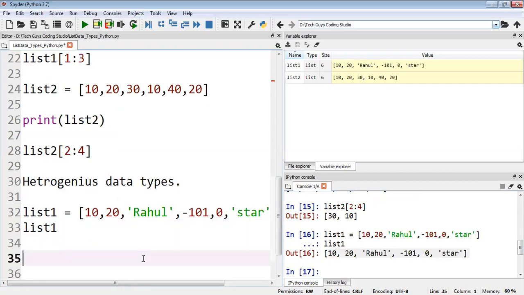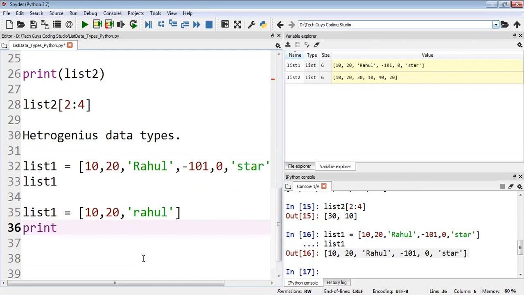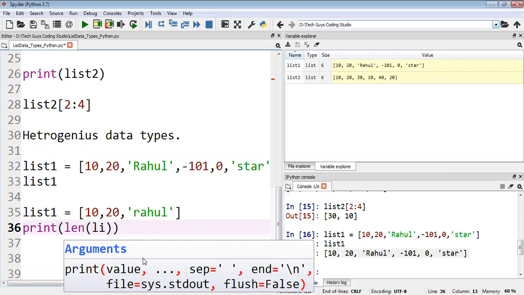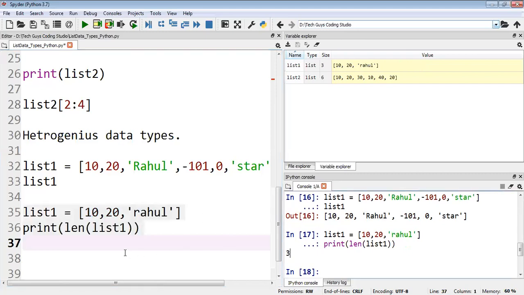And one more thing I would like to say, list is growable in nature. For that also we will do one thing. For example, I'll take list1 equal to, I will add my elements like 10, 20, 20. Now I want to check what my size is and how to check the size of a list. We have the len function, which we already discussed in strings also. So I check the len of list1, and the len is 3. 3 means 1, 2, 3, as I said, length.